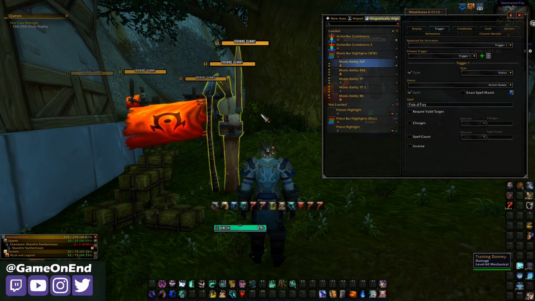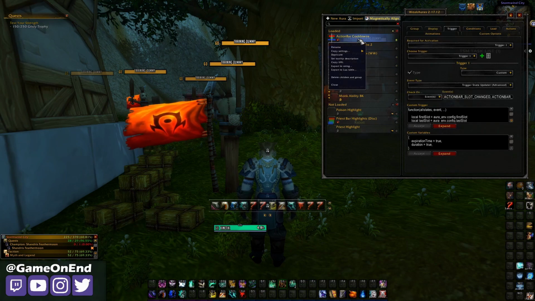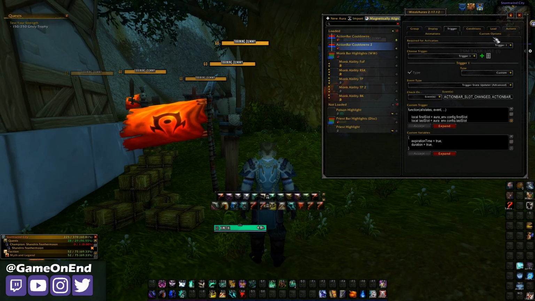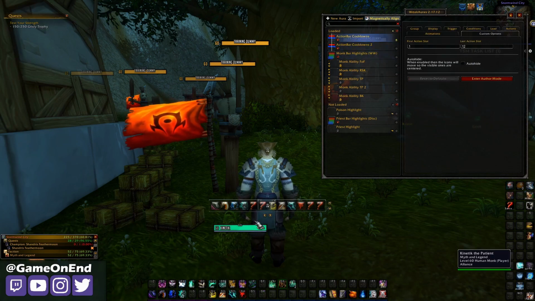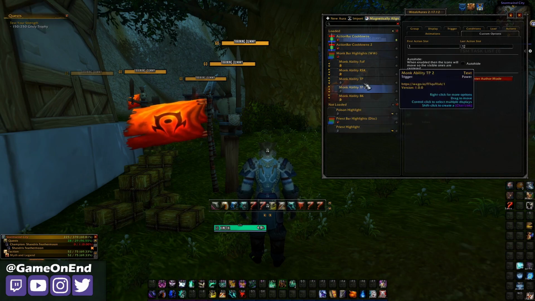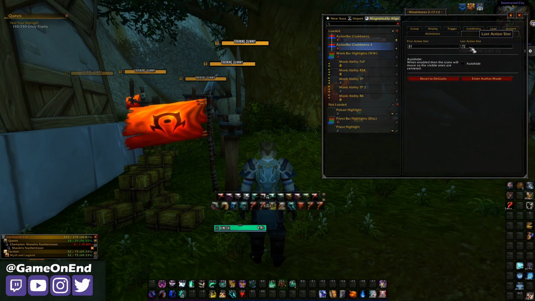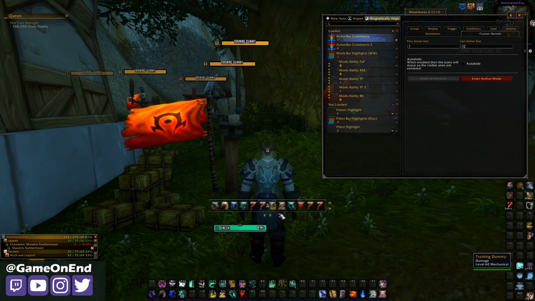And so what I did here was I basically just imported it and then I duplicated it, and I came in here to the settings and looked here at the end. And so all it was doing was looking at the first action bar, which was action slot 1 through 12. And I wanted to basically also show the cooldowns for this action bar here. So I basically just worked my way up by 12s until I found the action bar that was this one. And so I have this one, which is showing the first action bar, and the second one, which is showing